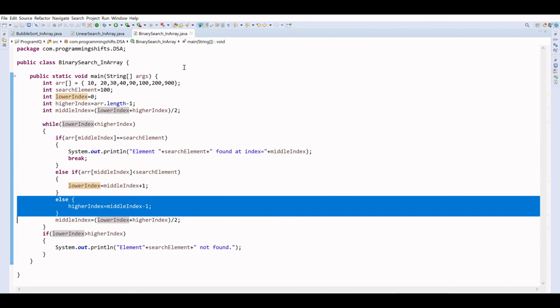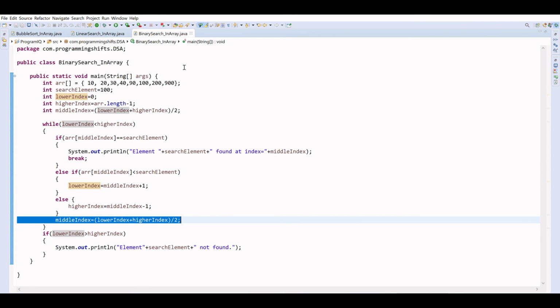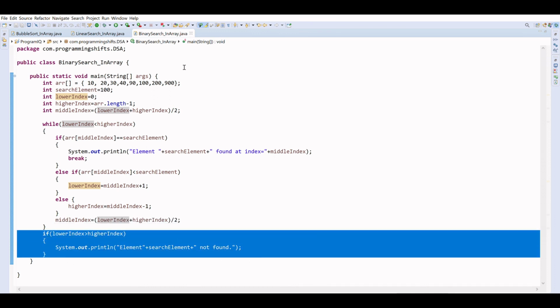If not, the higher index becomes mid minus 1. Only two more conditions. Then we update mid as lowest plus highest index divided by 2. If the lowest index becomes greater than the higher index, the search is completed and the element is not in the array.